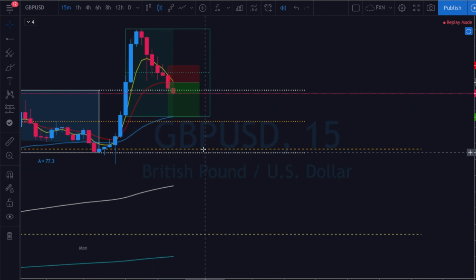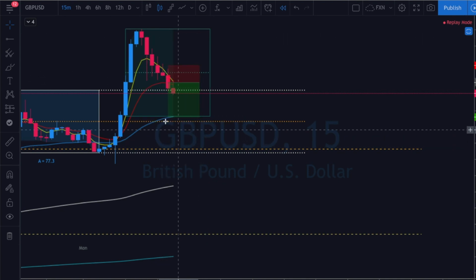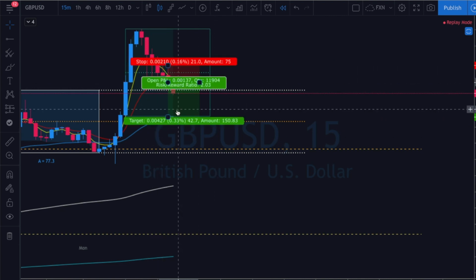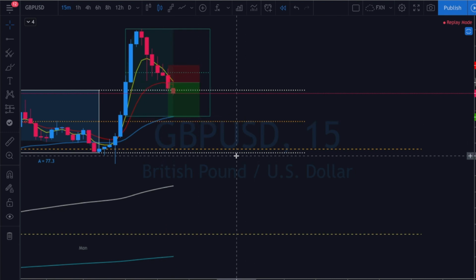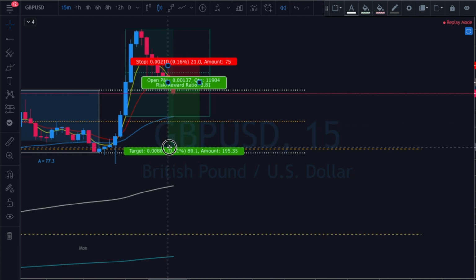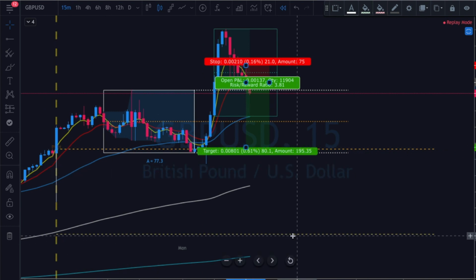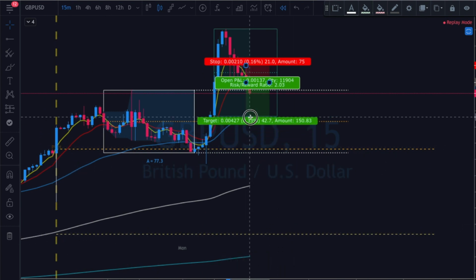Okay. And so these kinds of trades I really don't like to trade, because I always like to trade a second leg that comes up. But you're not going to get that kind of behavior right now, because we're already pretty close to the 50 EMA. If the EMA is below you like it is now, you could use that as possibly one of your take profits, or maybe even the middle of the range here. If it goes below that, then you're looking at these lines here, which is previous week's high, and then down here is yesterday's low. But for right now, to get you 42 pips, a 2-to-1 risk to reward ratio,